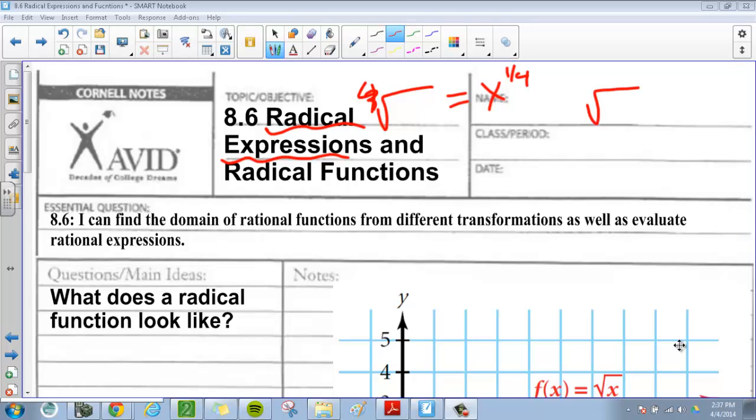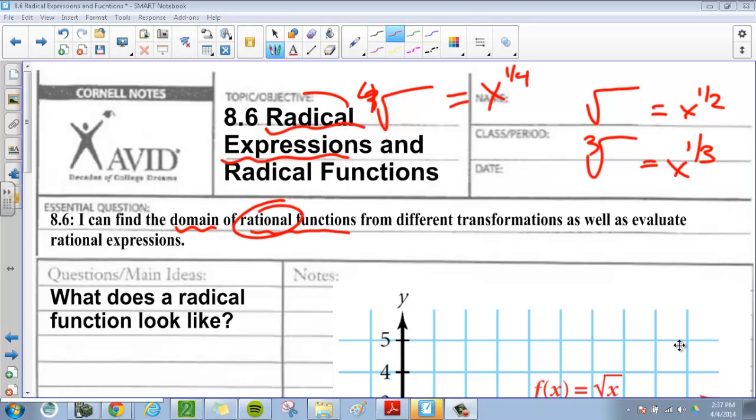Or a square root is the same thing as something to the 1/2 power? Or a cubed root is the same thing as x to the 1/3 power? Well, if you didn't, you do now. You do now, right? So your goal of this is to be able to find the domain of rational, which